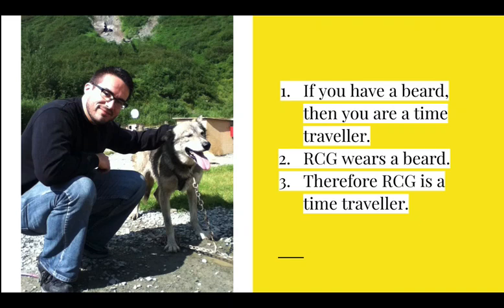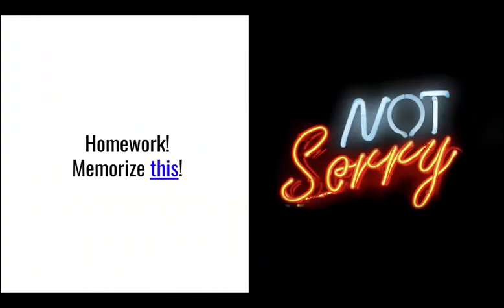So what's going on here is that you have to be able to distinguish between when an argument is valid or invalid, and then that next level, which is sound or unsound. That's a very important distinction to make. And although we're going to focus on validity in this course, it's a general habit of a critical thinker to be able to distinguish between those two concepts.